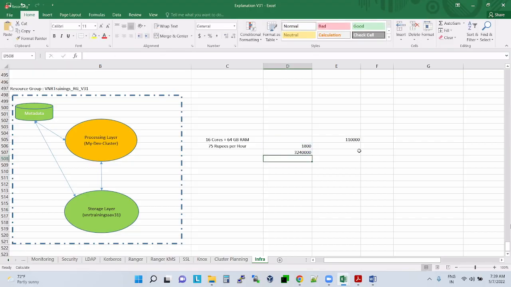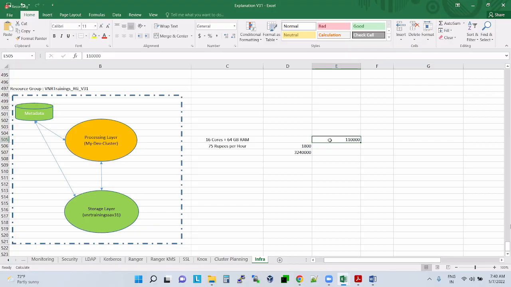How much do I need to pay if I use this VM from Azure for 5 years? 32 lakhs. But here, how much did I pay? 1,10,000. So is 1,10,000 small money, or is 32 lakhs small money?